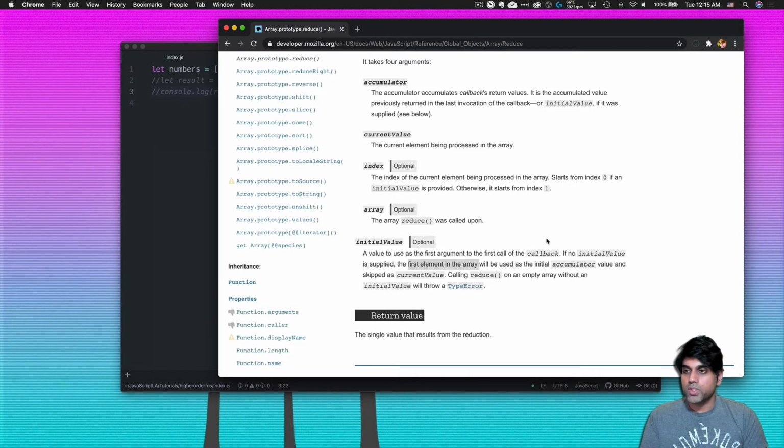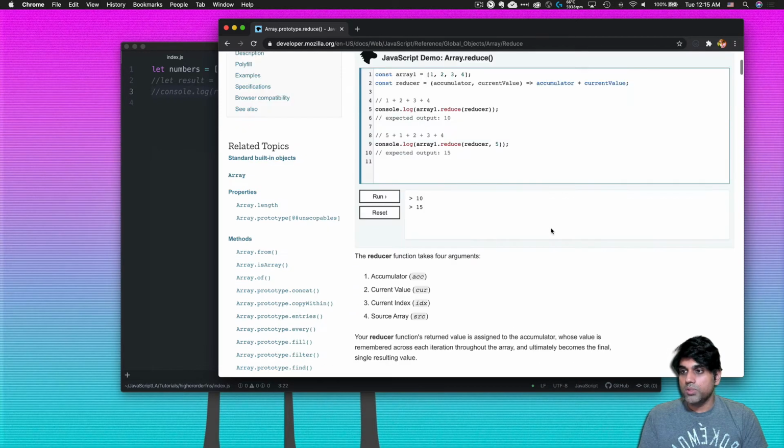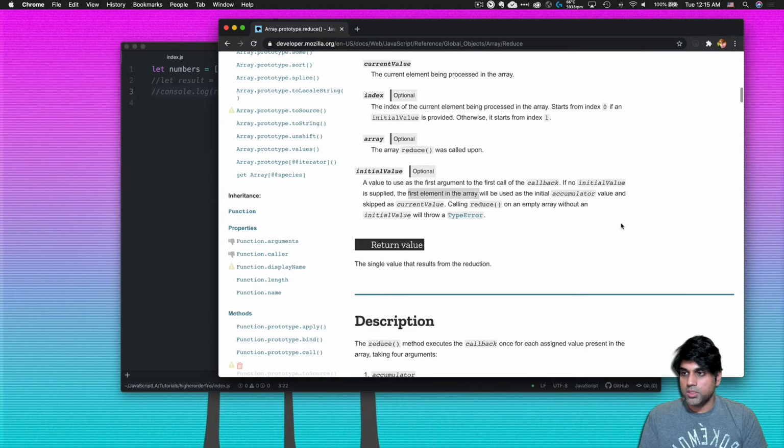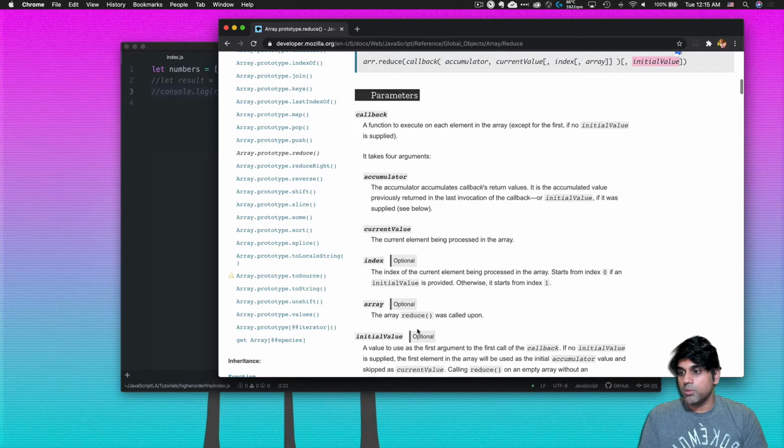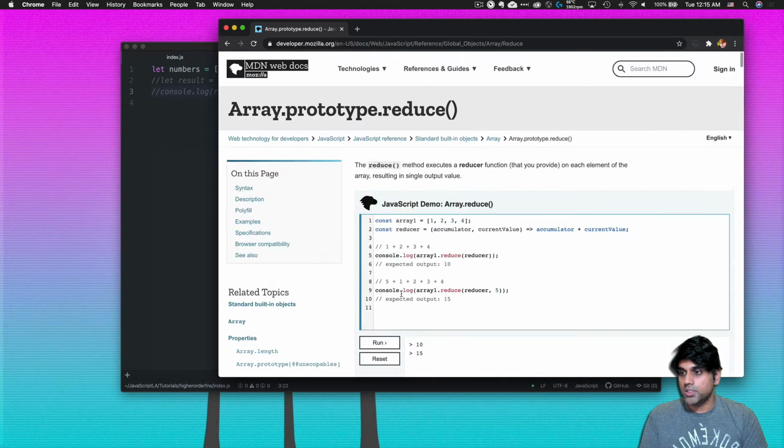So that's by default. Now if you do supply an initial value, as you can see here in this particular part of the function syntax, well then that will become the initial value. And so you can see in the second example here that if we provide 5, 5 becomes the first value to the accumulator, then 1, then 2, then 3, and 4 get added, and so on. So that's happening every